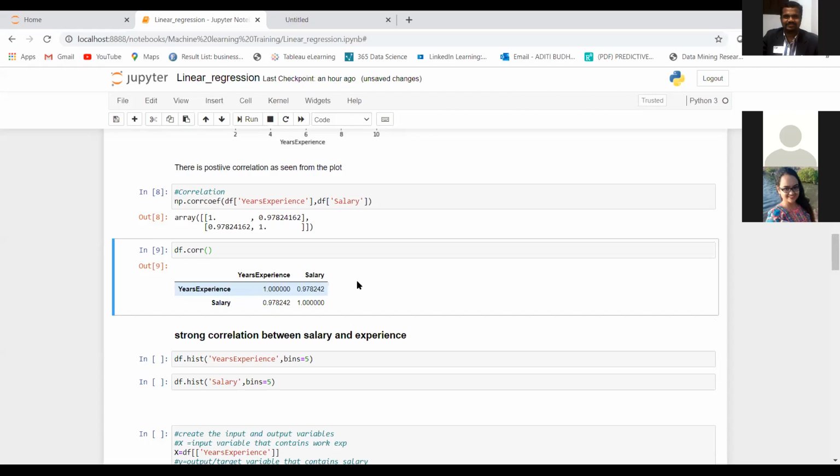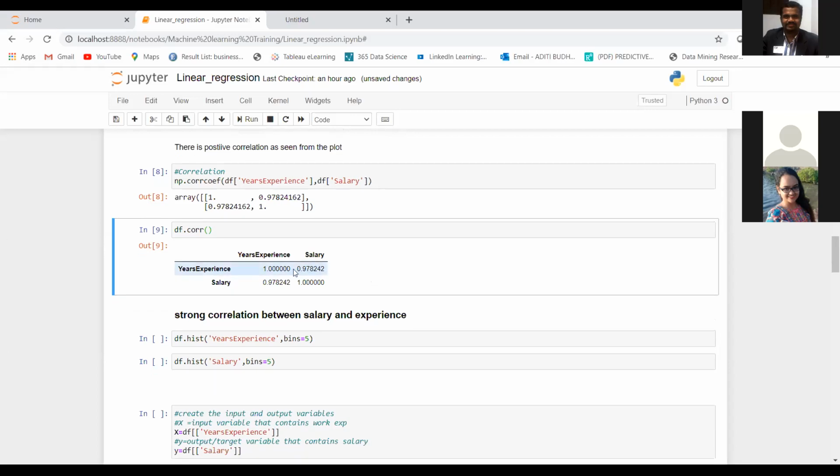We had seen that the assumption of linear regression is that we should have a linear relationship between our input and output variable. If this is not justified by the correlation value, then there is no point in selecting that variable in our modeling, right?